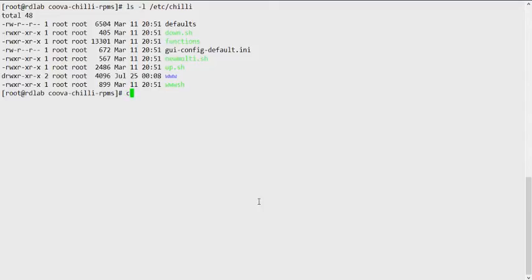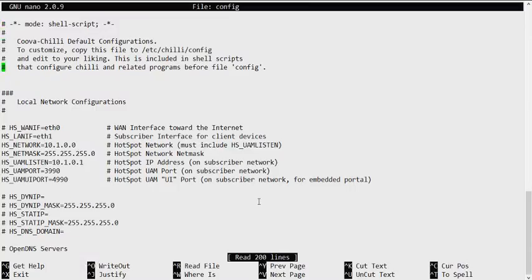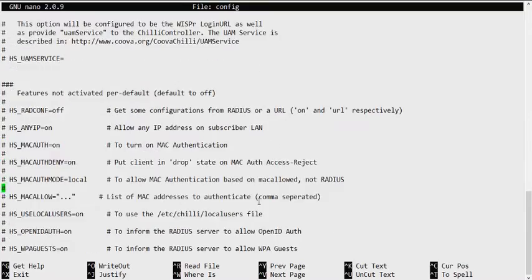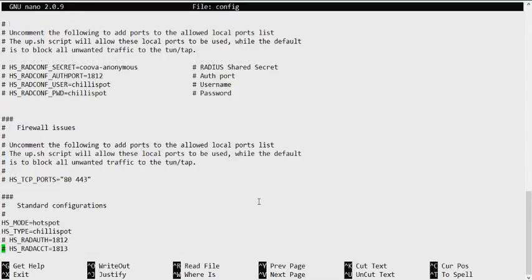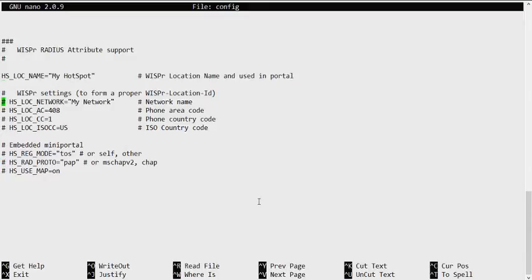So the way it works is we go into chili, and we make a copy of the default file, and we create a file called config. And once you do that, then of course you can go ahead and edit the config to suit your environment. So you can see these are different settings you can set here. It's pretty much a big file, so I recommend you spend some time going through this long list